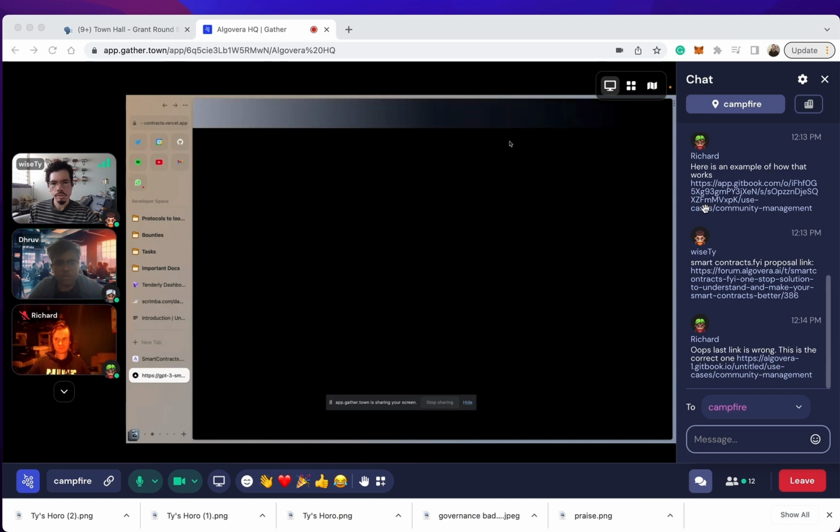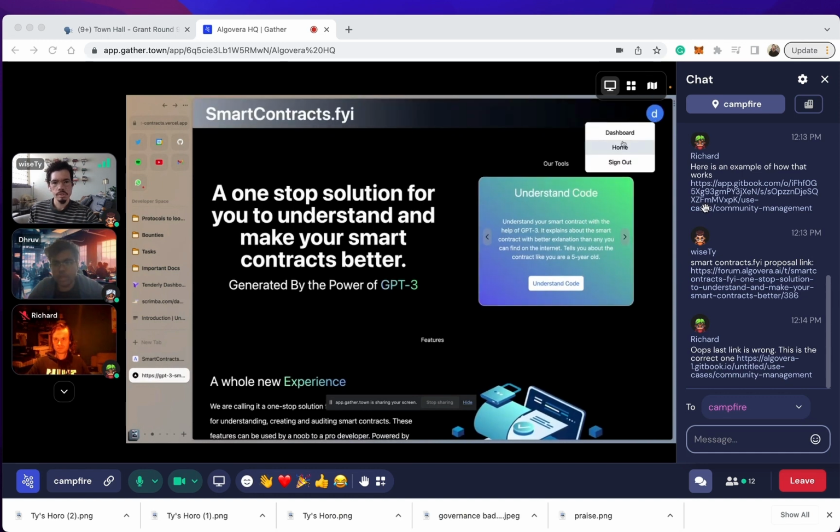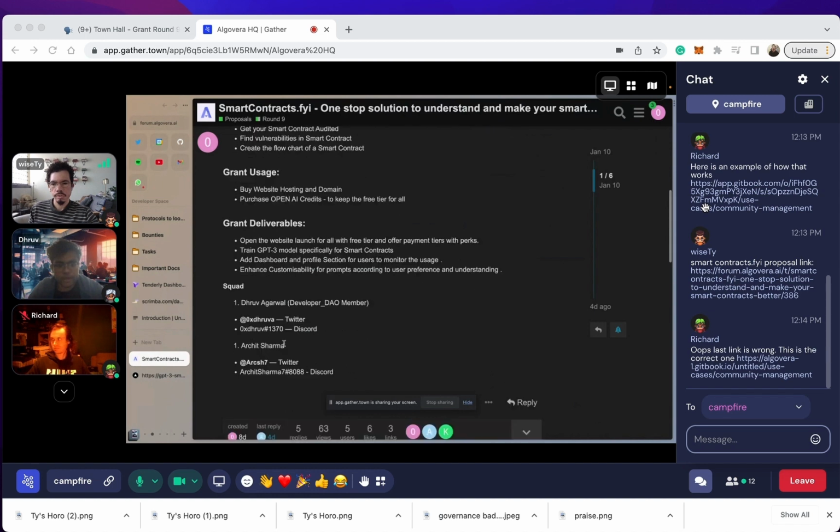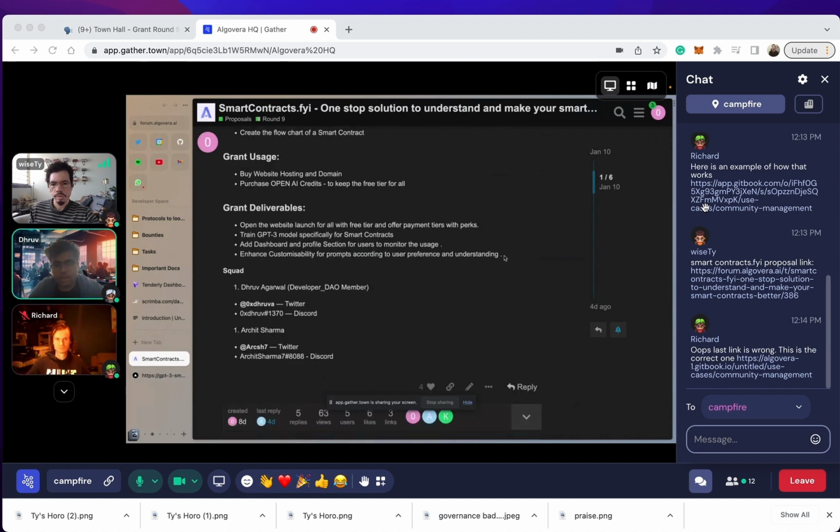So yeah, you can sign up by creating your account, and then here's the dashboard. It will show your credits, it will show all the tools we have, and then our deliverables for this grant round would be to make a better website in terms of UI/UX, train our GPT-3 model specifically for smart contracts, add a dashboard and more profile sections,